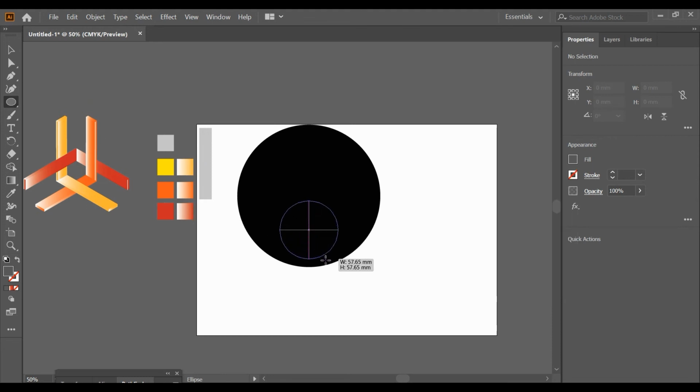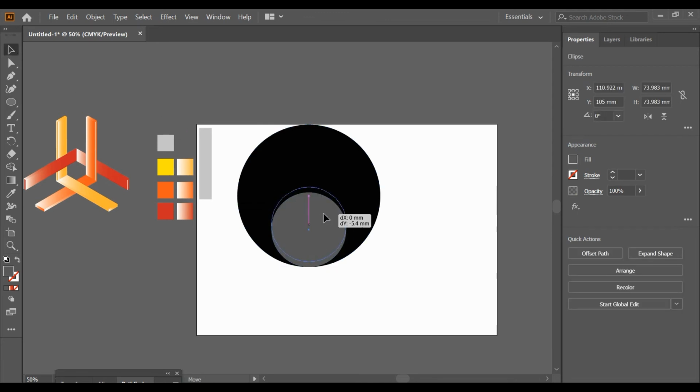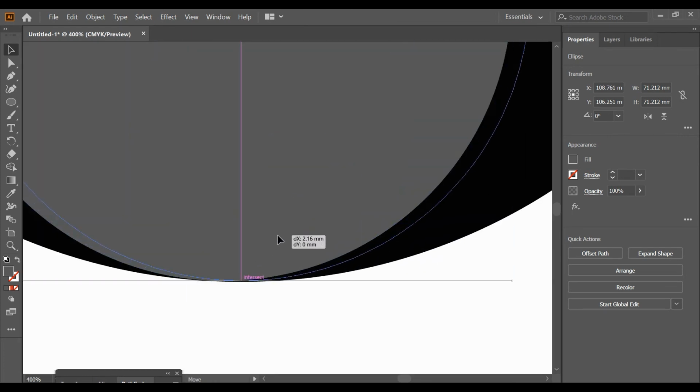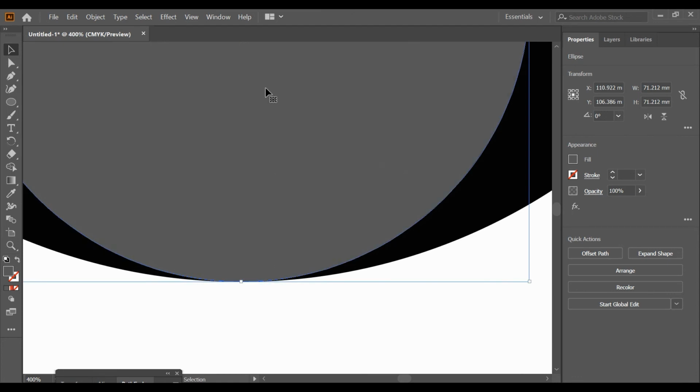and let's make a circle from here. So this circle should exactly fit to the center of the bigger circle. This outside part of the circle should actually touch the center of the circle, and as well as the outside part of this bigger circle. So for that, I need to adjust like that. Okay, make sure that it's in the center,